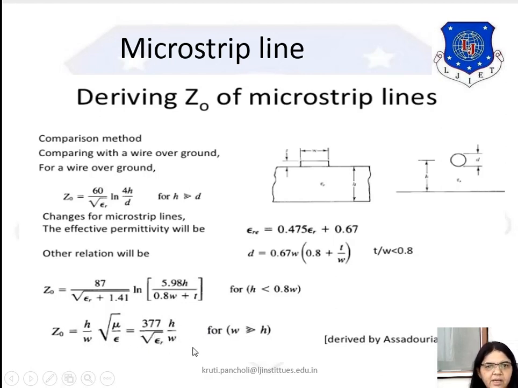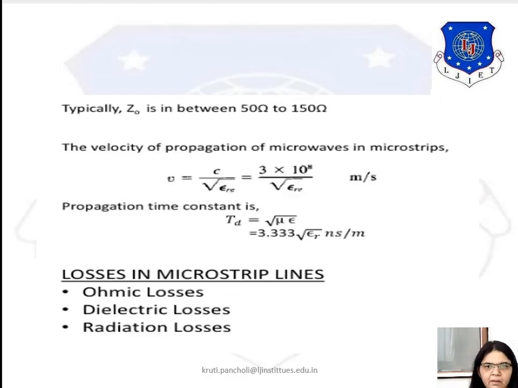So whenever in the exam you are asked to find the characteristic impedance of the transmission line, you have to compulsorily look at the condition. If the condition is satisfied, then the corresponding equation should be used. There is no common equation for all these cases, and no further derivation, okay. So it is mandatory to keep all the microstrip equations in mind.